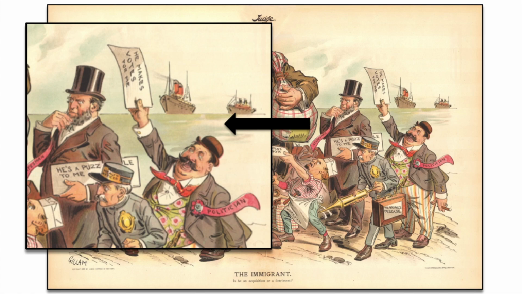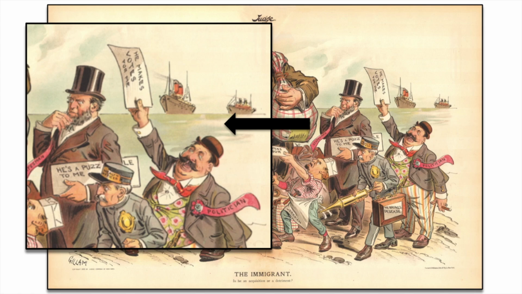So if we look here to the right side of the cartoon, we see a politician, a local politician, and he's holding up a little piece of paper that says, "He makes votes for me." So yes, this is something that would be commonplace. Local politicians would go into immigrant communities and do what they could to try to win the votes of the immigrants, finding them a place to live, finding them a job, getting them some food. It was a great way for local politicians to secure some votes from the immigrant population. So local politicians are happy that this immigrant is here.